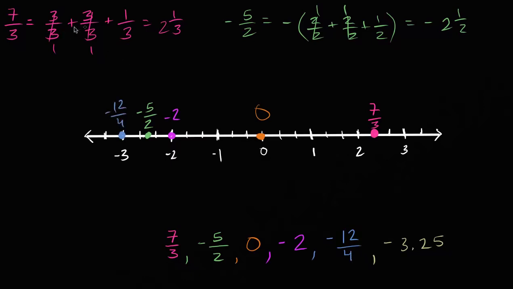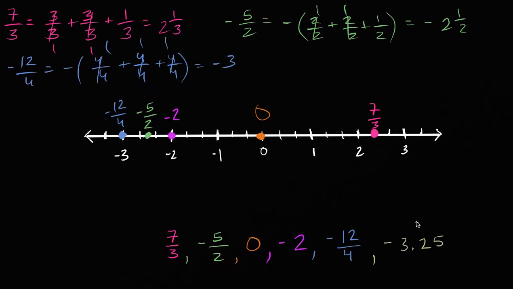So this is -12/4. Or if you want to use the type of logic that we used in these first 2 numbers, you could say -12/4 is the same thing as the negative of 12/4, which is 4/4 plus another 4/4. So that gets us to 8/4 plus another 4/4. That's 12/4. And this is 1, 2, and 3, or -3. So -3 is the same thing as -12/4. And then finally, one more number,